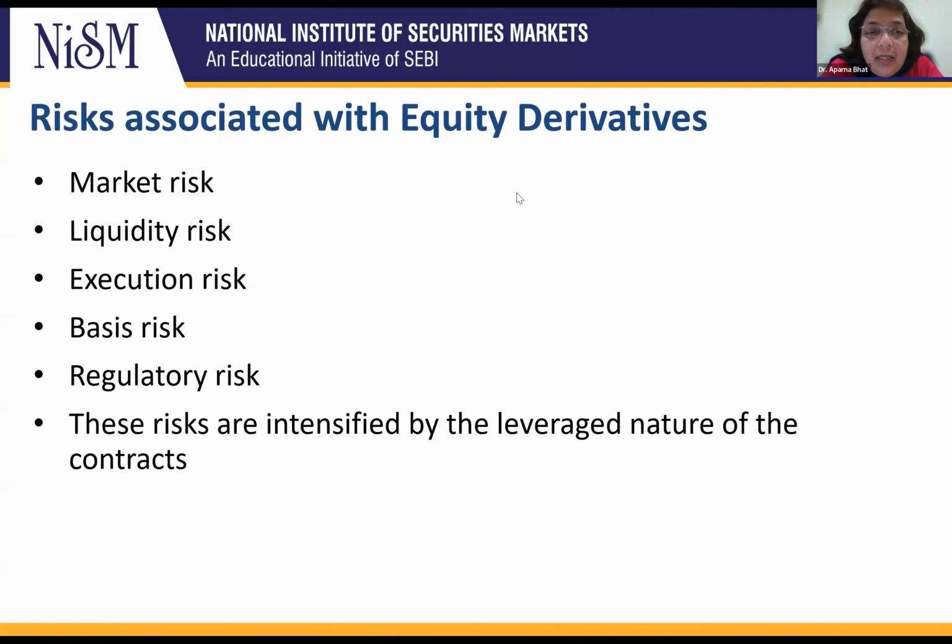Now, somebody had asked some time ago, are there any risks associated with these derivatives? And of course, there are risks. There are a lot of risks, and the most important risk is market risk. Now, what is market risk? Market risk is the risk that the market moves against you. That is, you have bought or sold some futures contract. Let's say you buy a futures contract on some stock because you believe that the stock price will go up. And in fact, the opposite happens.